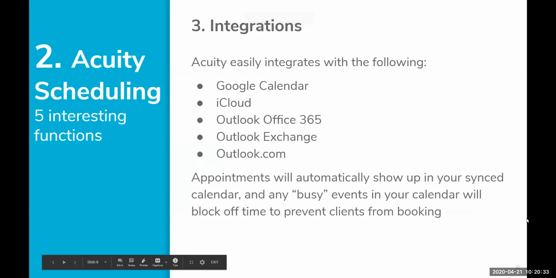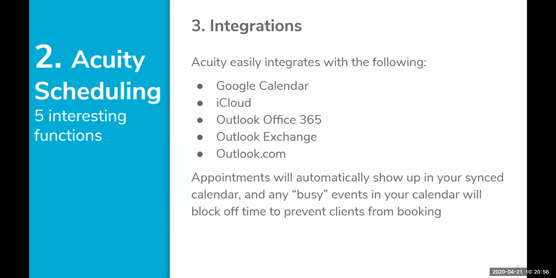So number 3 for the 5 interesting functions. Acuity easily integrates with the following types of calendars. I know Heather Barnes mentioned in the chat window that she has all of her online calendars, maybe like a Google Calendar or Outlook calendar, and then she also has her paper calendar. Obviously it's not going to integrate with your paper calendar, but if you do have stuff from your paper